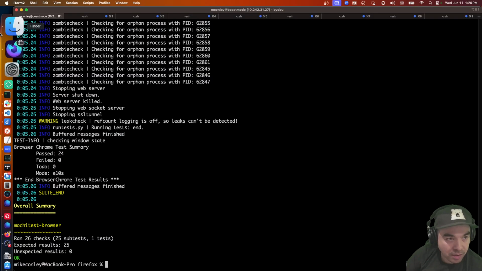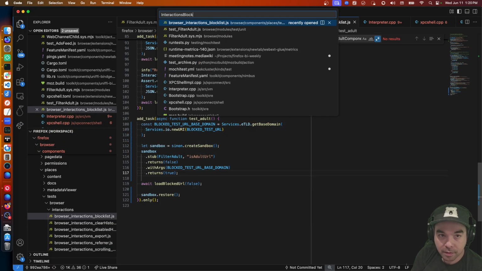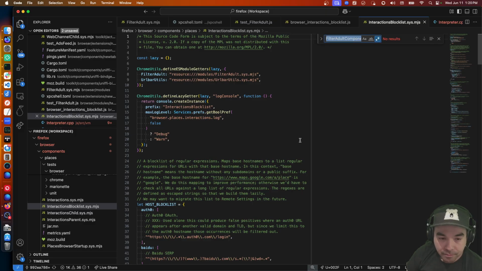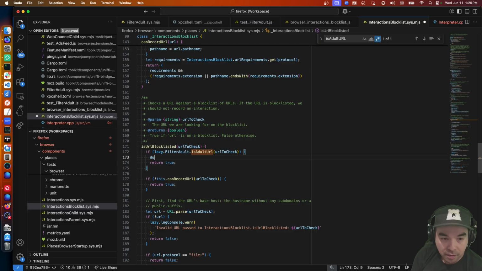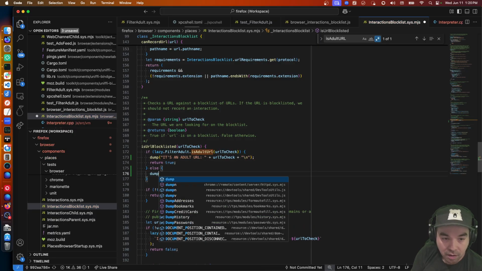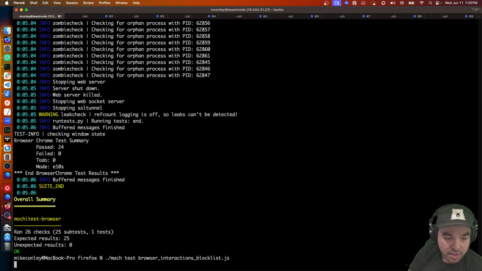So interactions block list, that was the thing that... Interactions block list isAdultURL. It's an adult URL. Else, apparently not an adult URL. Some silly logging there.